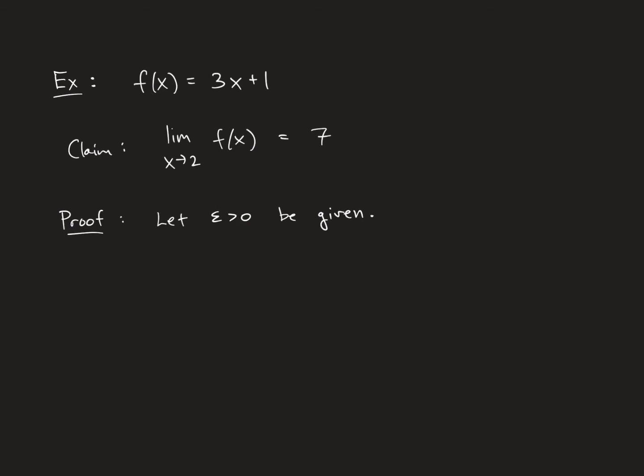So choose delta equal to epsilon over 3. Then if 0 is less than the distance between x and 2, which is less than epsilon over 3, it follows that